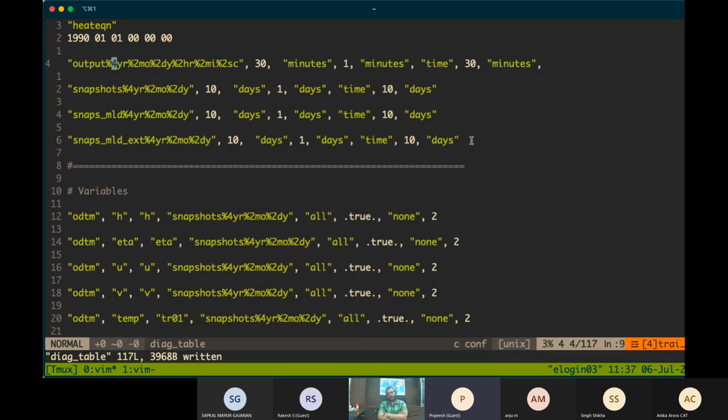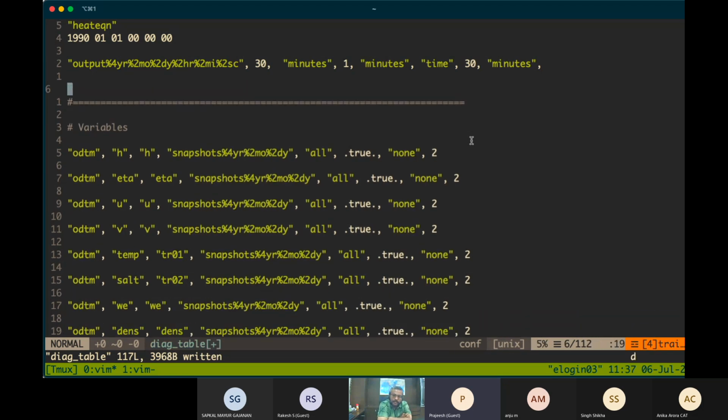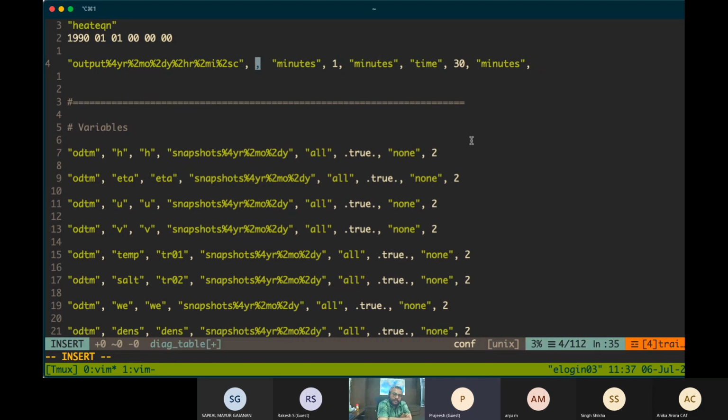Here, this is the format: year means the 4-digit year, then 2-digit month, 2-digit day, 2-digit hour, 2-digit minutes, and 2-digit second. Okay, I'll delete these things. And the output frequency here is given as 30 minutes, but our model is already running at 1 hour, so maybe we can put it as something like 6 hours, every 6 hour output.